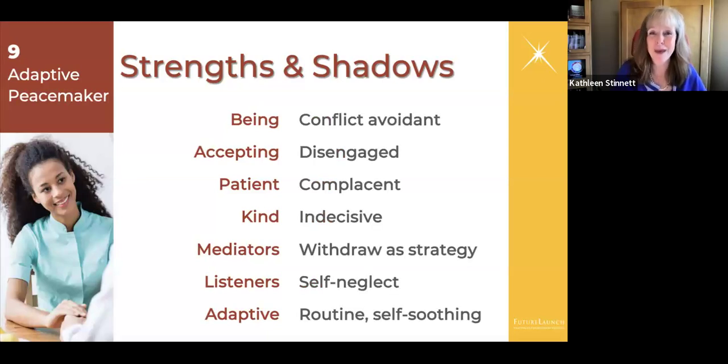And so you can imagine then that a shadow might be that they're conflict avoidant, or that they withdraw when the heat gets turned up. They might be seen as indecisive, and perhaps they are, or perhaps they're taking longer to make a decision because they're trying to get more input to really understand what action will create the most harmony. Sometimes nines will be self-forgetting because they're so oriented to others.